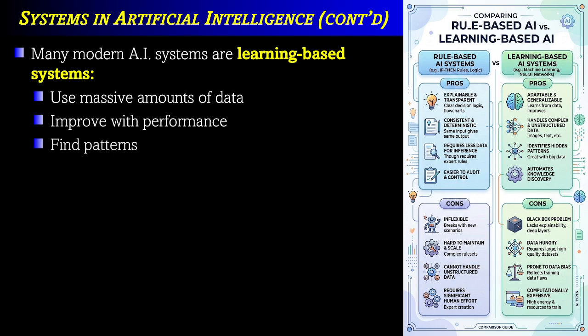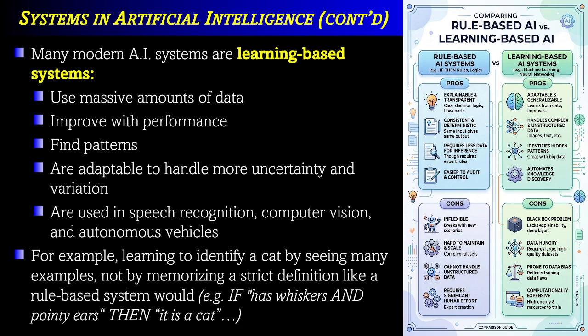So many modern AI systems are not rule-based. They're learning-based systems. They use massive amounts of data and they improve and learn with performance. They look for and find patterns, and they are adaptable to handle more uncertainty and more variation. They're used in things like speech recognition and computer vision, and obviously, why we use this example, in self-driving cars